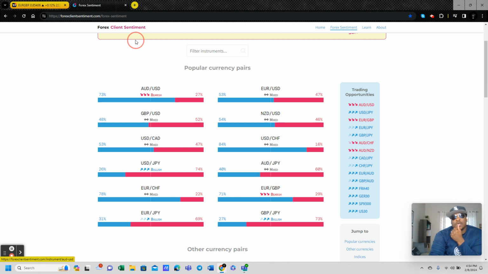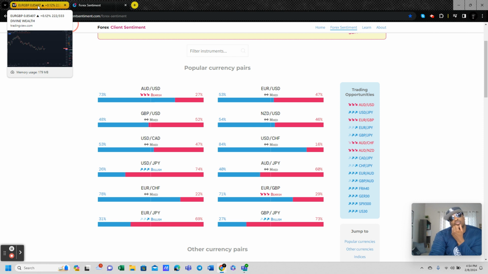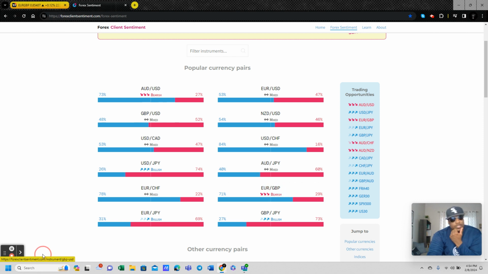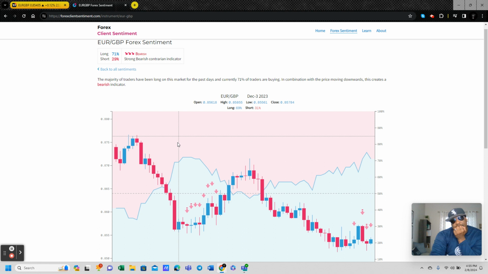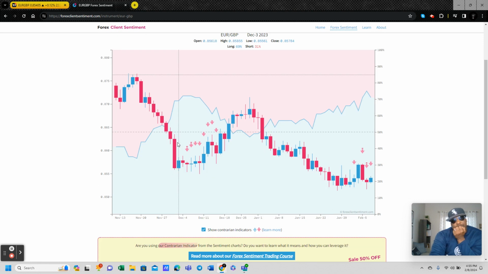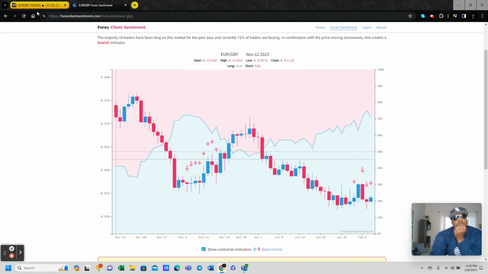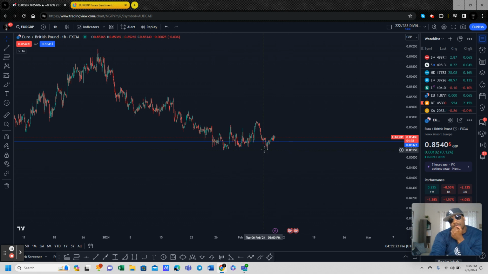For the most part, right now it still is, and we're still making our way to the downside. Now we can start anticipating some trend reversals on the bearish side, whenever the bearish side starts to increase. If this starts getting up to 40% or so, now you're starting to get a lot of people coming to the market, starting to short this thing. And if that's the case, then you'll start looking for some longs. But right now, nothing's really changing. Yeah, we got a nice little move to come up here.